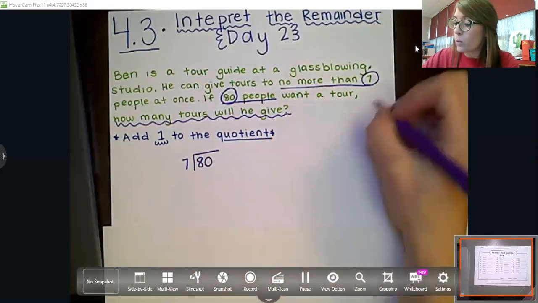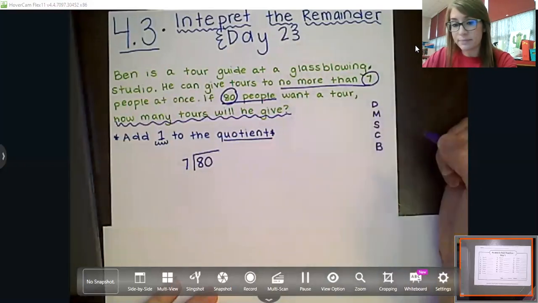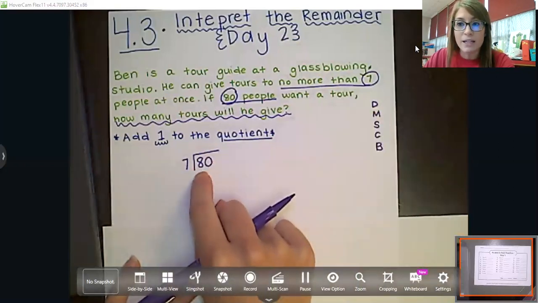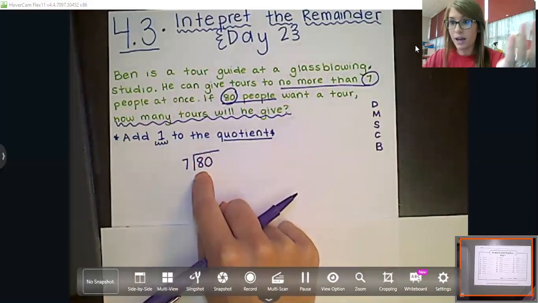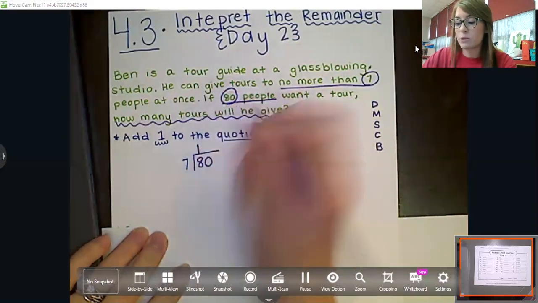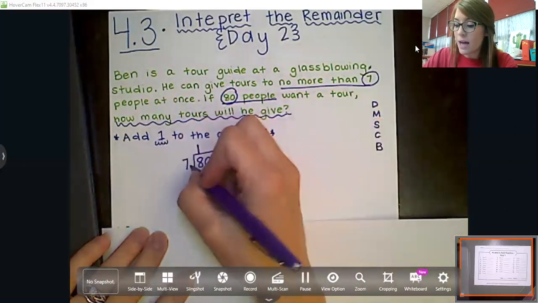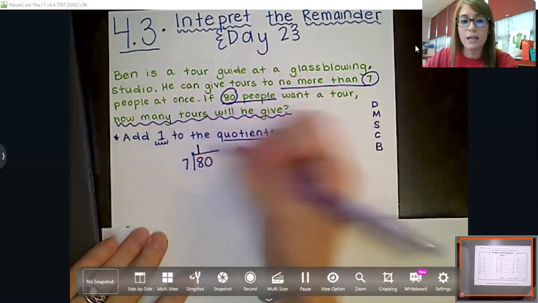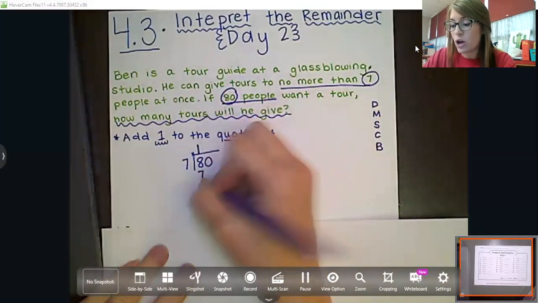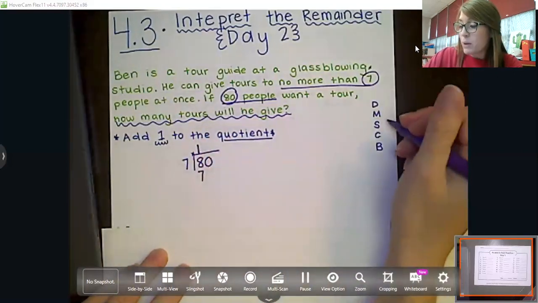Okay, so our first step is to divide. Can 7 be divided into 8? Yeah, it can. How many times? Right, 7 is just going to fit inside of 8 one time. So I'm going to place that 1 right up here. Then I'm going to have to multiply. 7 times 1 gives me, very good, 7. And I'm going to place that 7 right there. Remember, we're keeping everything in line. Okay? After we multiply, we